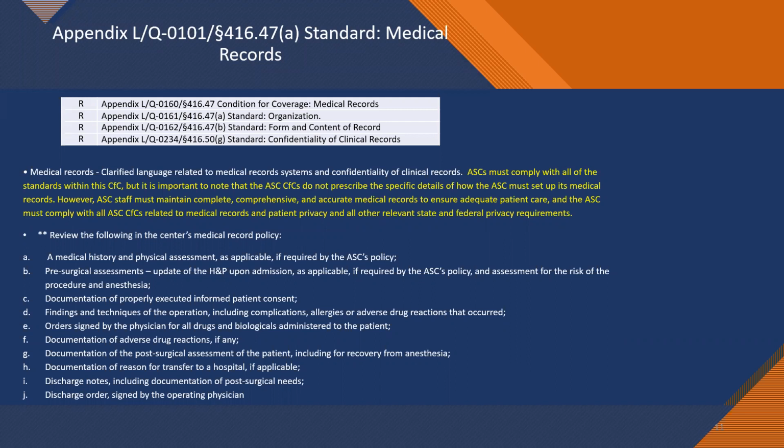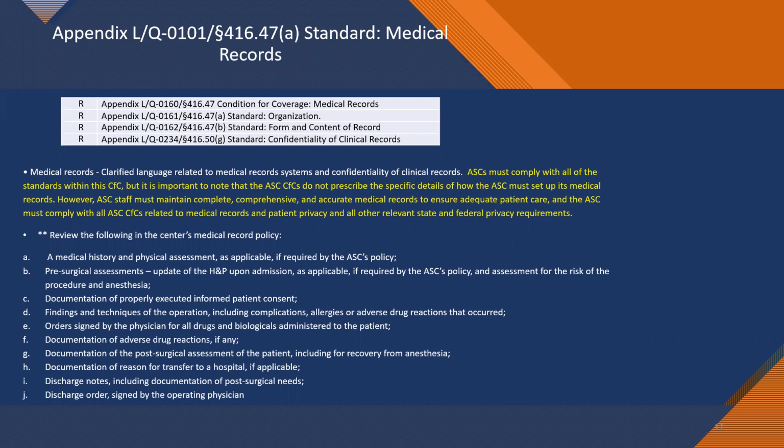The medical records: clarified language related to medical record systems and confidentiality of medical records. The ASC must comply with all of the standards within the CFC. It is important to note that the ASC CFCs do not prescribe the specific details of how the ASC must set up its medical records. However, the ASC staff must maintain complete, comprehensive, and accurate medical records to ensure adequate patient care, and the ASC must comply with all ASC CFCs related to medical records and patient privacy and all other relevant state and federal